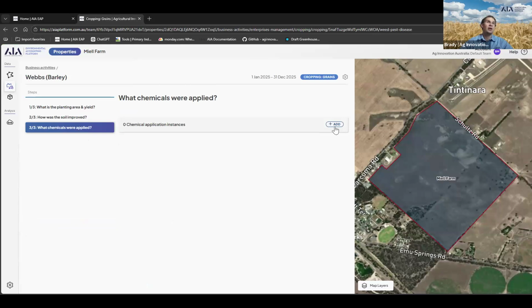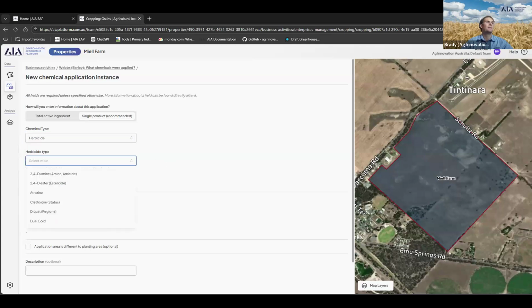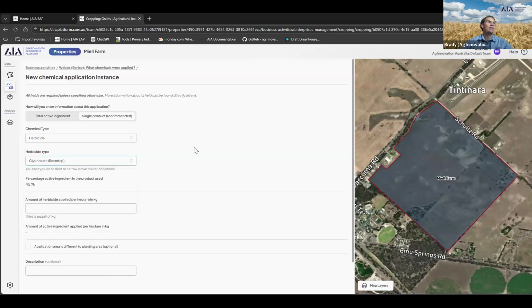Chemicals, it works on the same principle for the most part. So here we can see there's 2 ways to calculate it, which is single product, recommended, and recommended for a reason, and then total active ingredient. So with single product, it's just a case of choosing the chemical type. So herbicide, pesticide, fungicide. And then listed chemical products are down here. So for example, if we do some good old glypho,